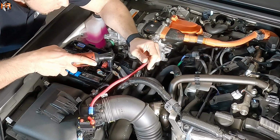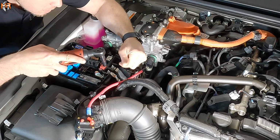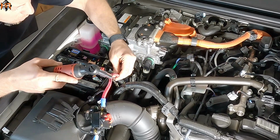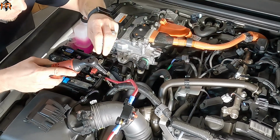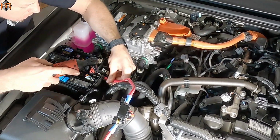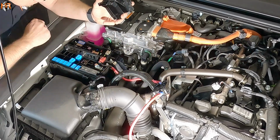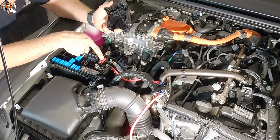Okay, so I'm going to go ahead and not completely remove this nut, but I'm just going to loosen it just enough so that way I can slide the terminal underneath it. And then I'm going to retighten it. So now that we have the positive wire connected to the positive terminal of the battery, I'm going to go